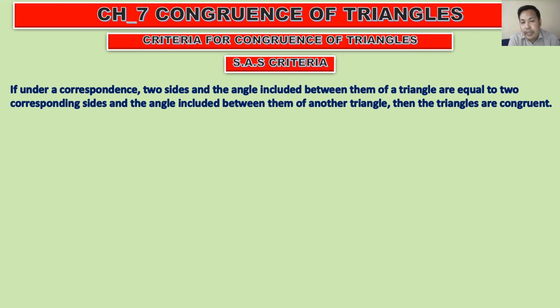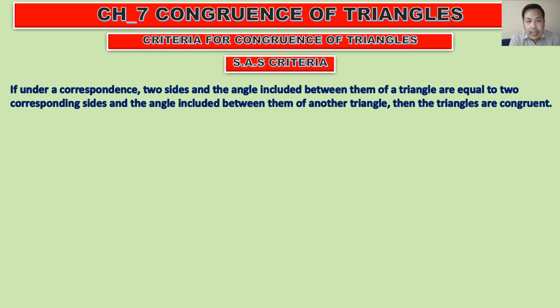Angle included between them means the angle formed by the two sides. When the two sides are joining, at the point of their joining an angle will form. That angle only, not the other angle. Okay, clear? Then the triangles are congruent. Once again, if the two sides and that included angle are equal to the corresponding sides and the included angle of another triangle